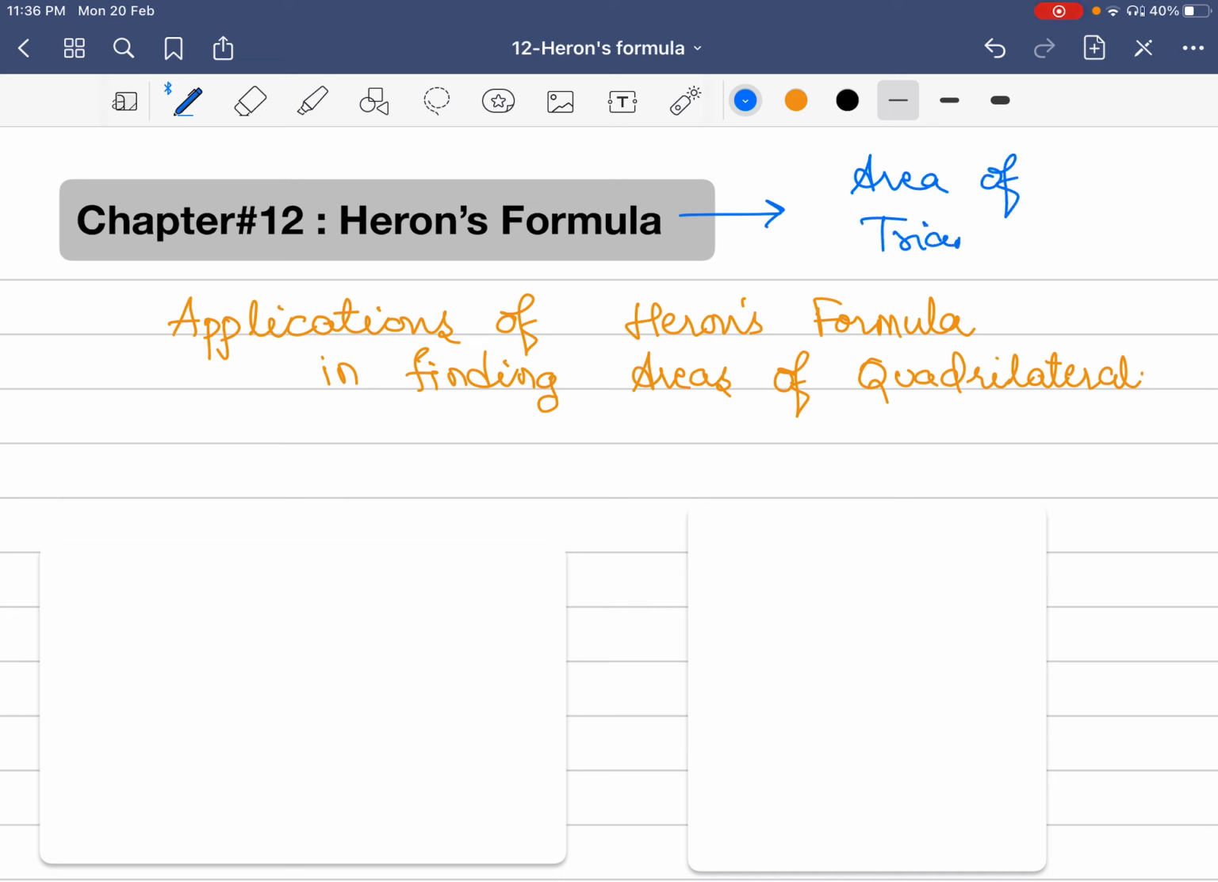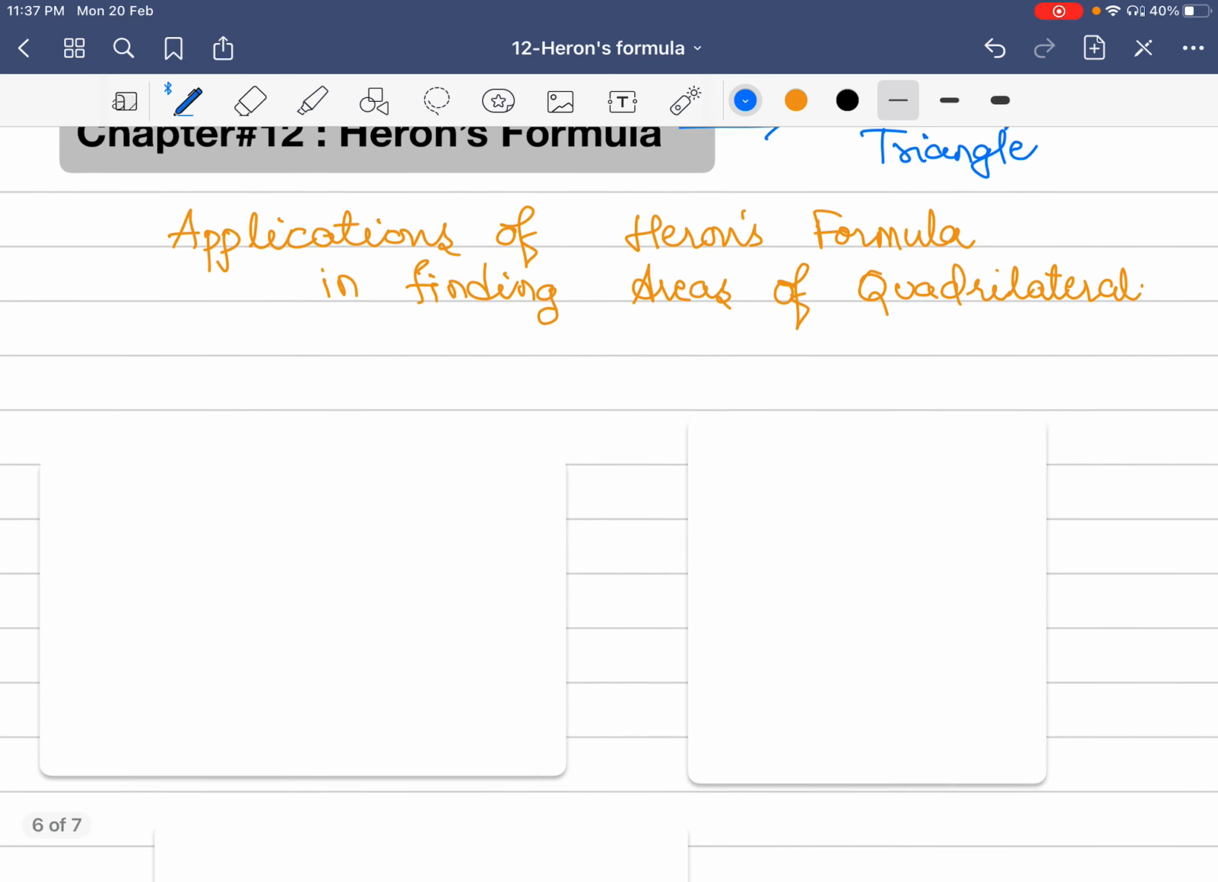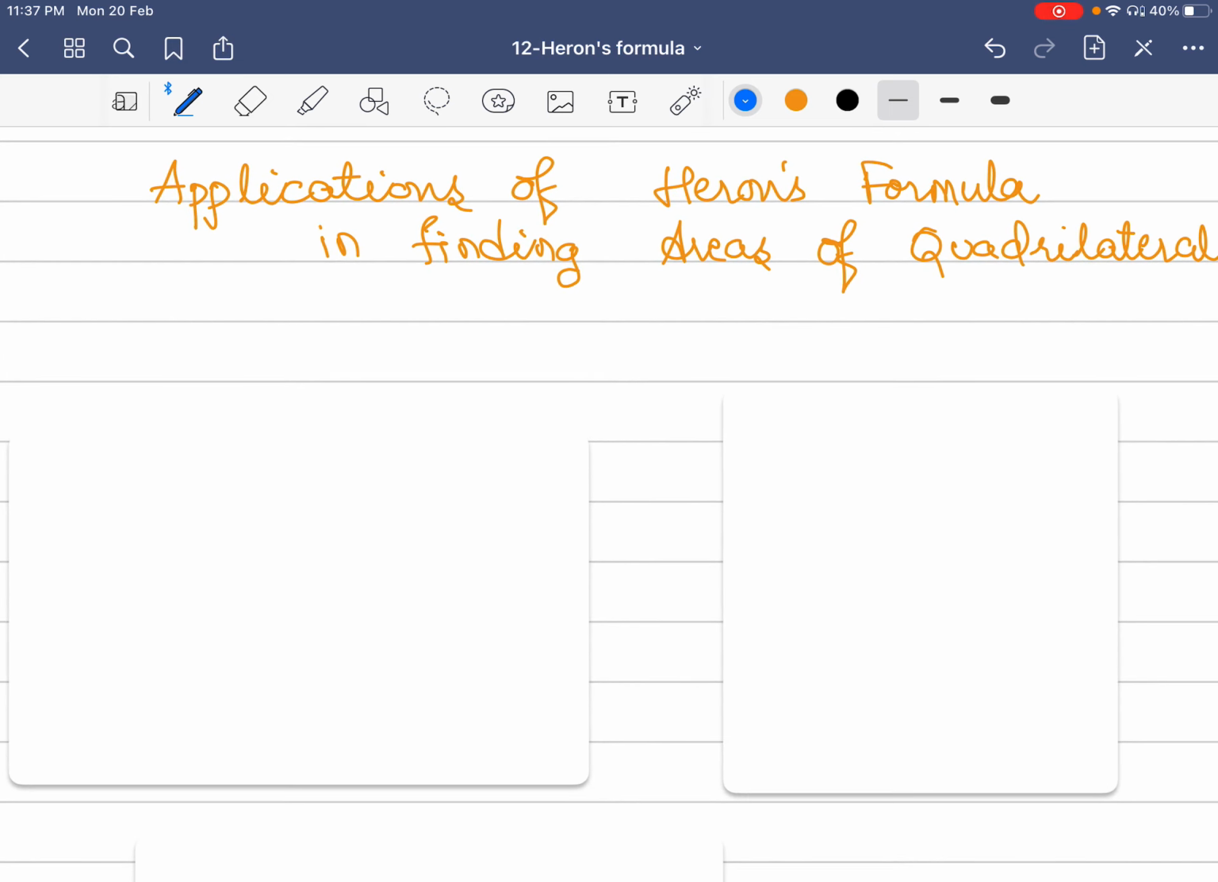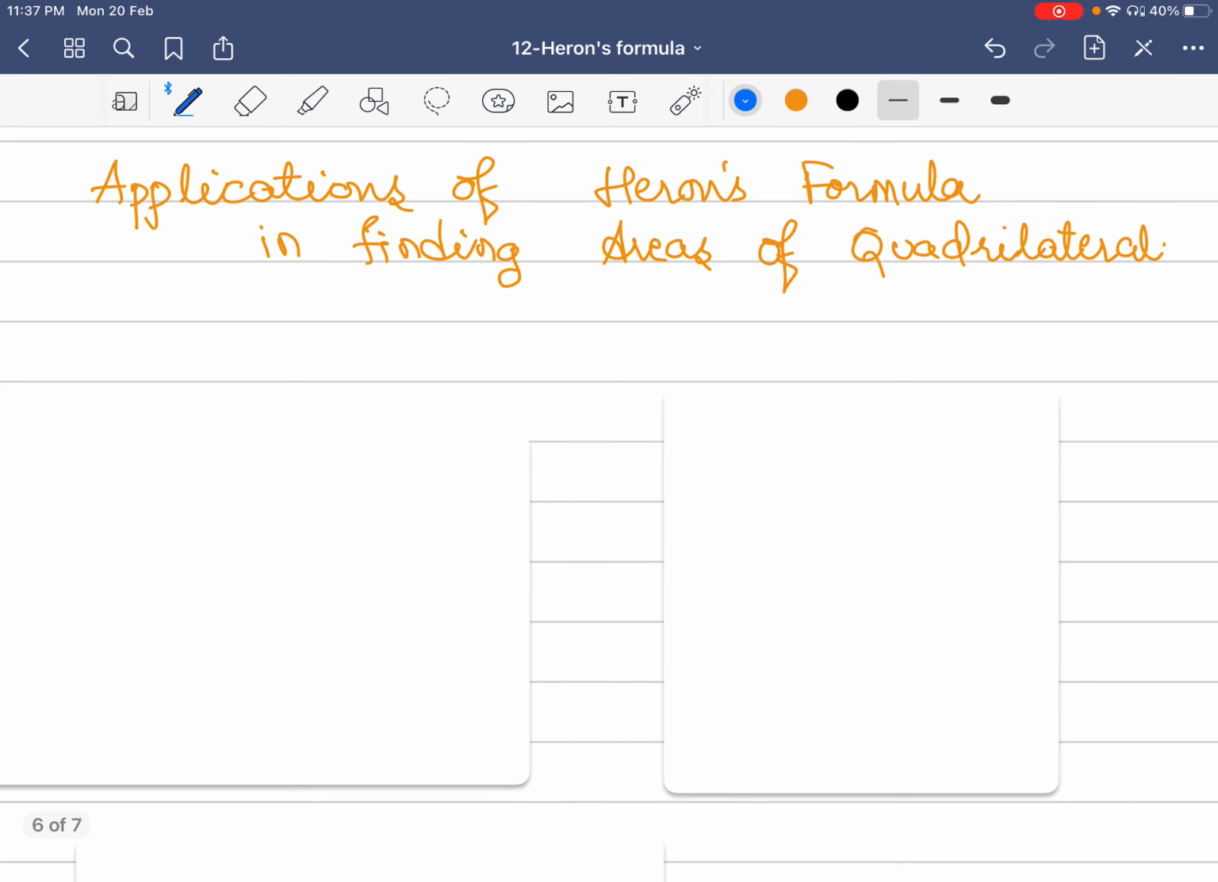Okay, when all the three sides of a triangle are known to us or are given to us, we can find the area of a triangle using Heron's formula. Now we can extend this idea of Heron's formula to find the area of quadrilaterals. Okay, so we all know what a quadrilateral is. A quadrilateral is a geometrical figure which has four sides. Okay, four vertices, four sides, four angles, and all the 4 points,